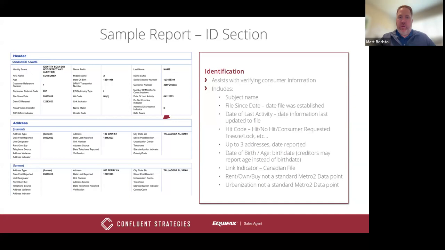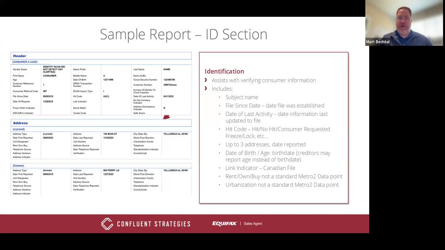If you're working with an individual that is say 40 years old or 50 years old, and their file since date is pretty recent, so in other words they may not be credit active until they're much older, that could be a good indicator of a possible problem with their file within the system,